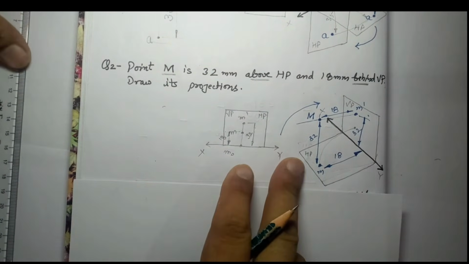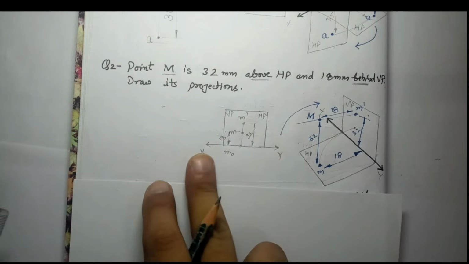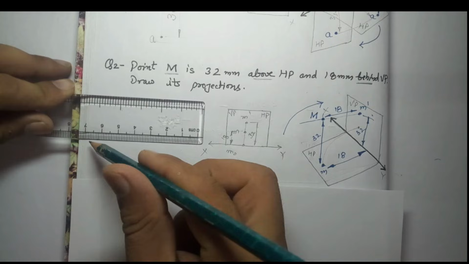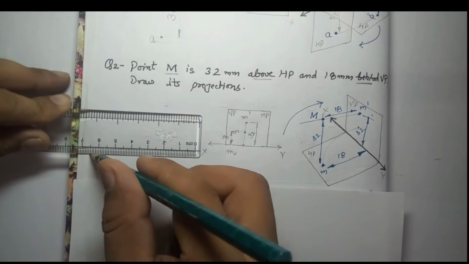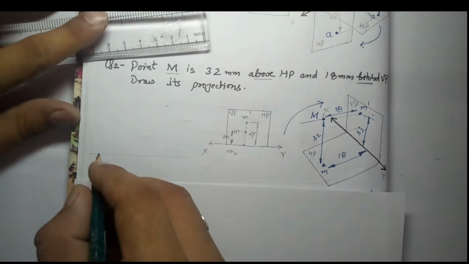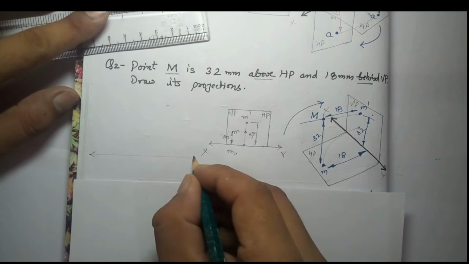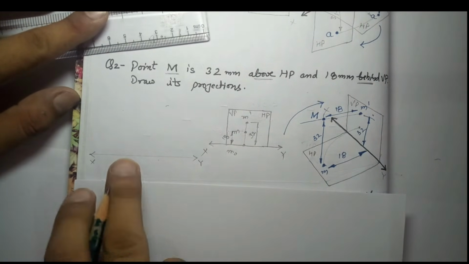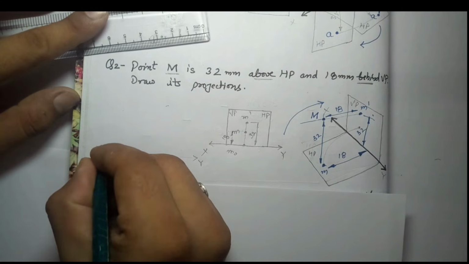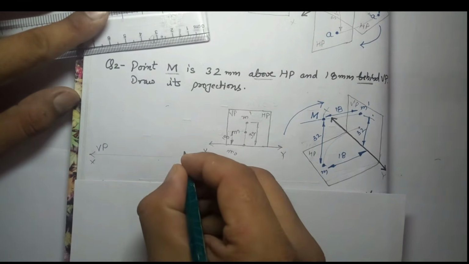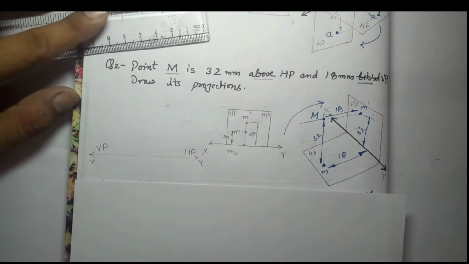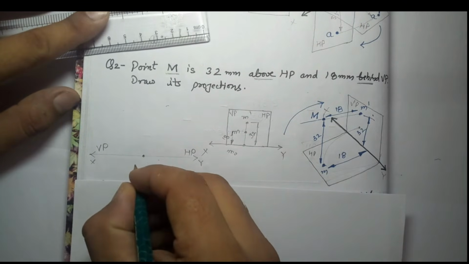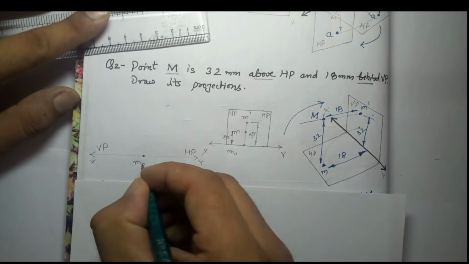We have no need to draw all these diagrams. The marks will be for this diagram only, which I am going to draw. Again, draw a very light line, thin line, do not give force on that. So this is open arrowhead, XY line. Now this is the second quadrant, so we can say VP and HP both are above the XY line. We are representing like this. So this is the given point M, so we name it M node.